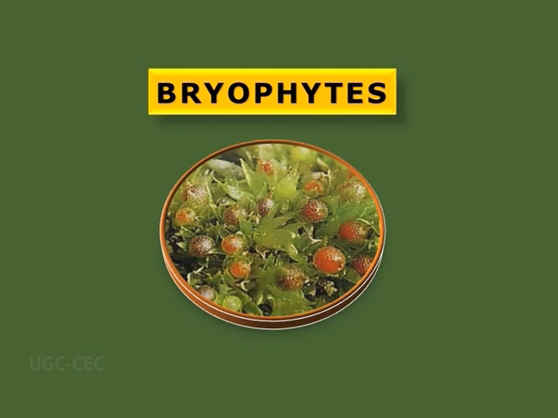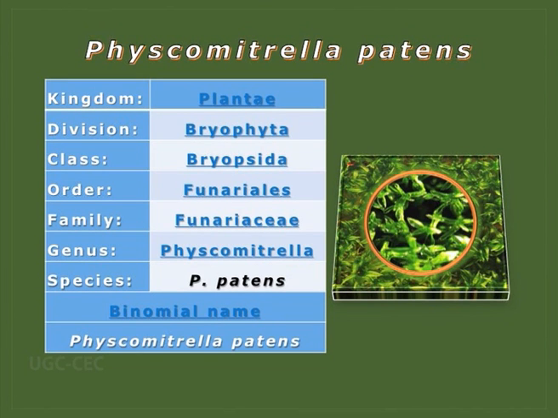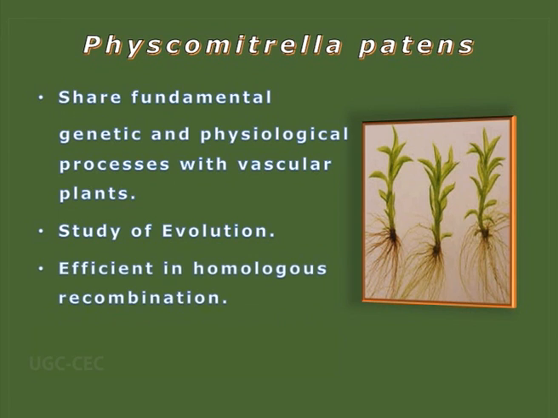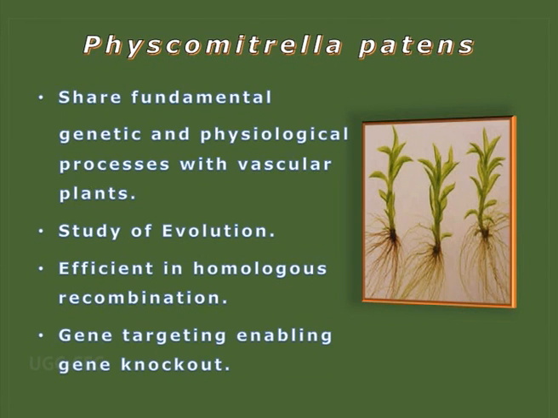The second group is Bryophytes, and the first member of this community that we are going to discuss is Physcomitrella patens, and it belongs to the family Funariaceae and genus Physcomitrella. And the important properties are: it shares fundamental genetic and physiological processes with vascular plants, and it helps us in the study of evolution. It is efficient in the study of homologous recombination, as well as gene targeting is quite easy in